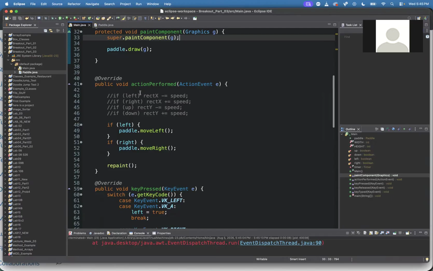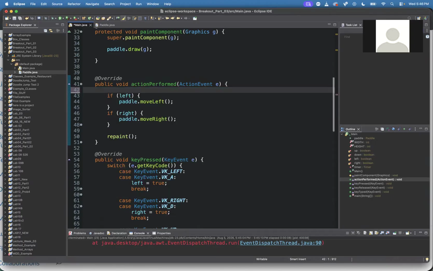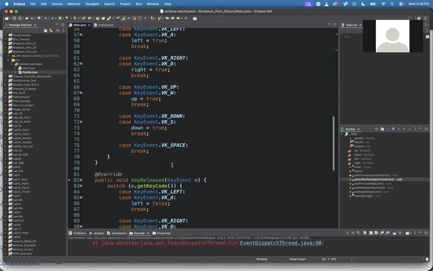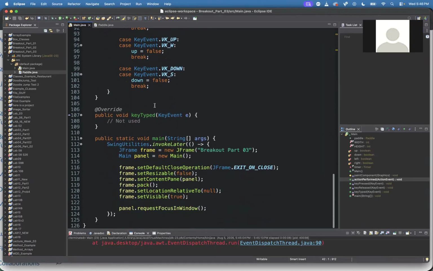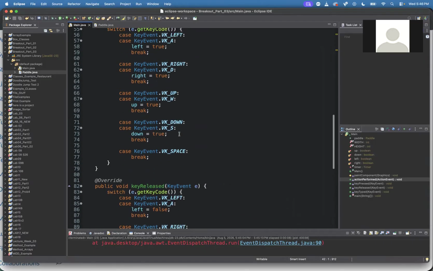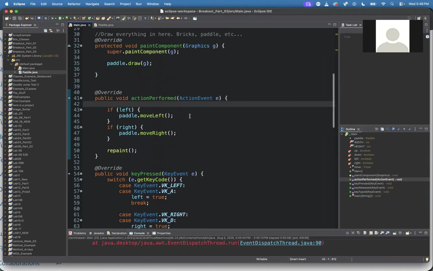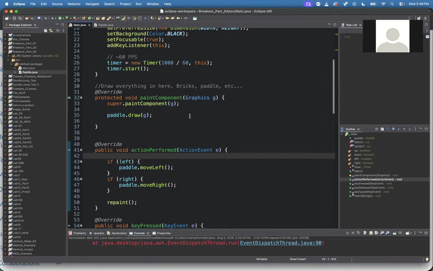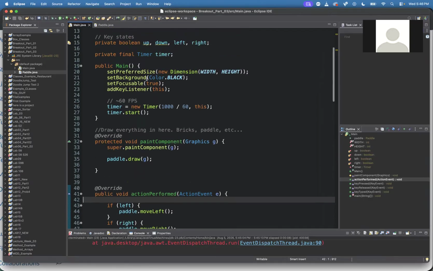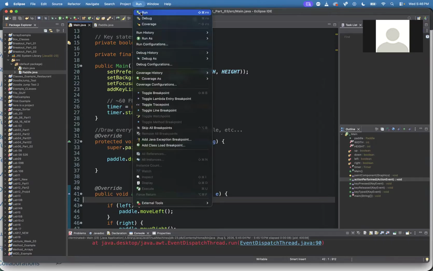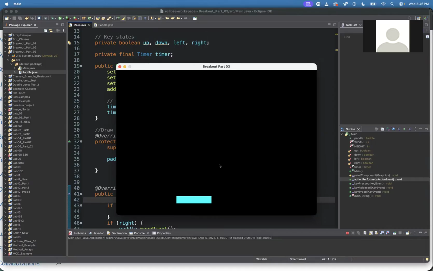Paddle, we deleted, this would have also given us an error, but we commented it out last time. We can just delete that actually, a little cleanup. And yeah, key presses, key release, key typed, which we're not even using. We have a main. All right, I think we're good. So let's see here. Okay, let's run this. We should be back to where we were, except that we don't have a green block